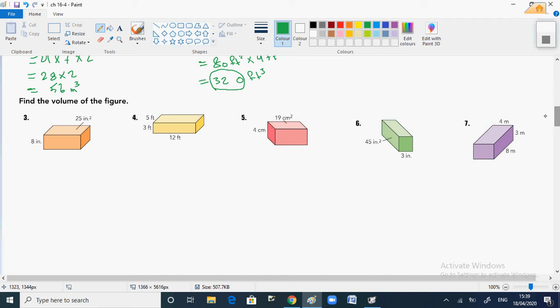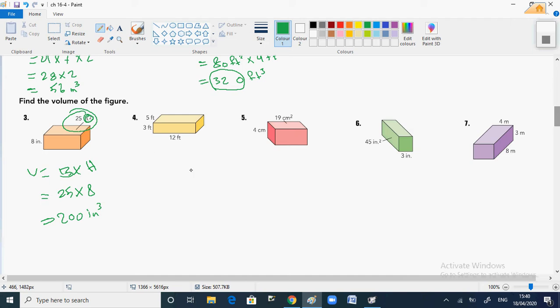So I will use length by width by height, or I can use B times height. B is what again? B is related or depends on an area, right? So for the first one, I will use volume is B times height, because here I have inches squared. How to know this is B? Because here I have squared. Squared represents what? An area. So I will use 25 by 8 is 200